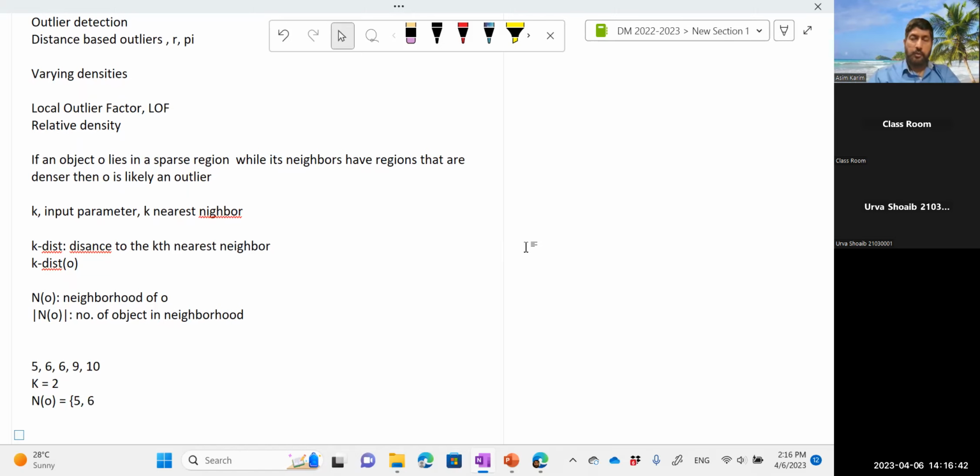The first nearest neighbor is 6 and the second nearest neighbor is also 6, ठीक है, so there are actually two objects in this,